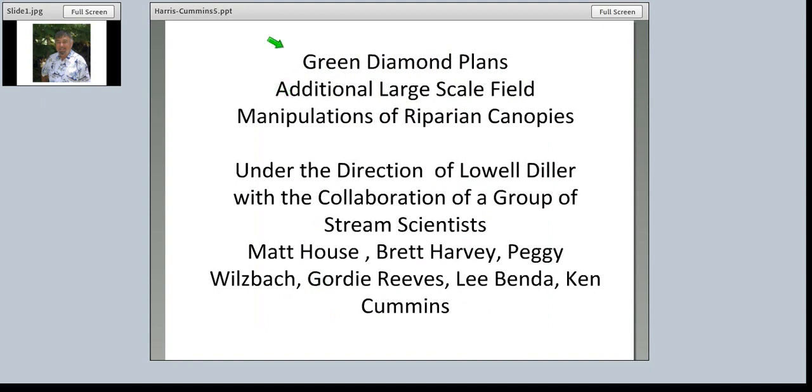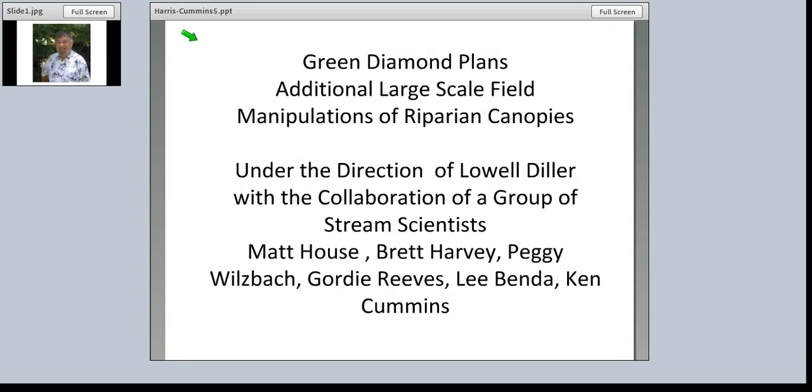Okay. Just to come back to Green Diamond for a minute, Lowell Diller with Green Diamond and Matt House with Green Diamond and some other scientists, including myself, have been planning for some time, probably 3 years now, a set of experiments, and Lowell has certainly been the driver on this. These experiments will be done on Green Diamond land. They will make extensive use of GIS information because a lot of the canopy issues can be measured remotely. Some of the temperature issues can be measured remotely. And then follow up on